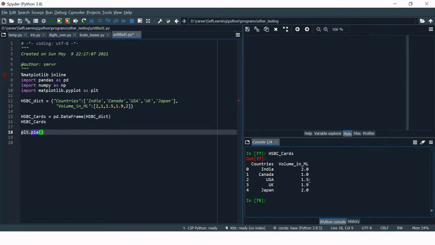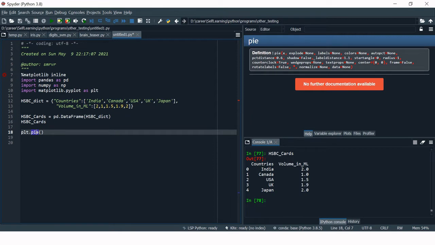So we want to plot this value, the number of customers by market, right? So this is the numeric value which we would be using over here as the first parameter. When you are working in Spyder, and you want to get knowledge about anything, like what the parameters in pie are, you can put your cursor on pie and press Ctrl I. So here you would have all the information. Anyway, let's go ahead and see how we can start.